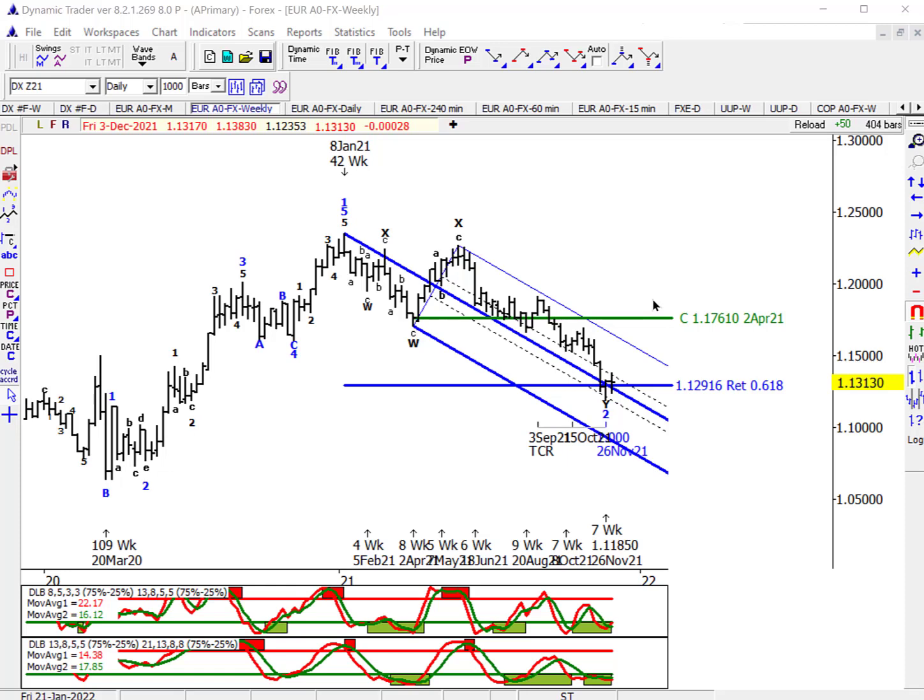Let's look at another market that might be at a critical juncture right now. That's the euro and the dollar. So we're going to look at the euro. Of course, it's just the inverse for the dollar. This is the weekly data for the euro. And here's the significant